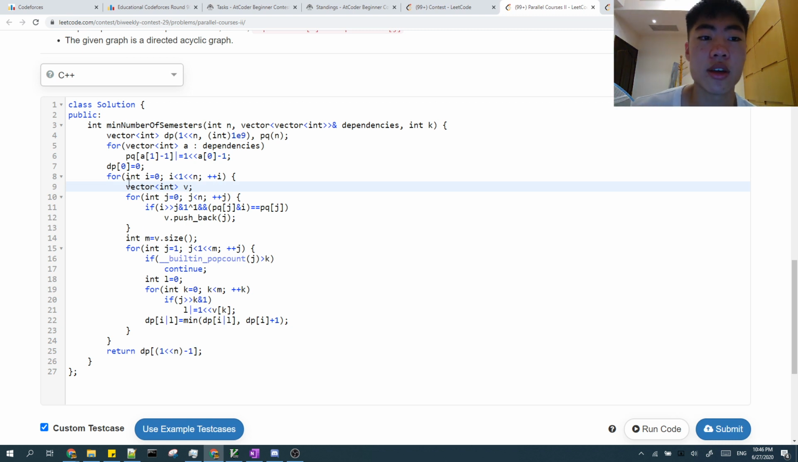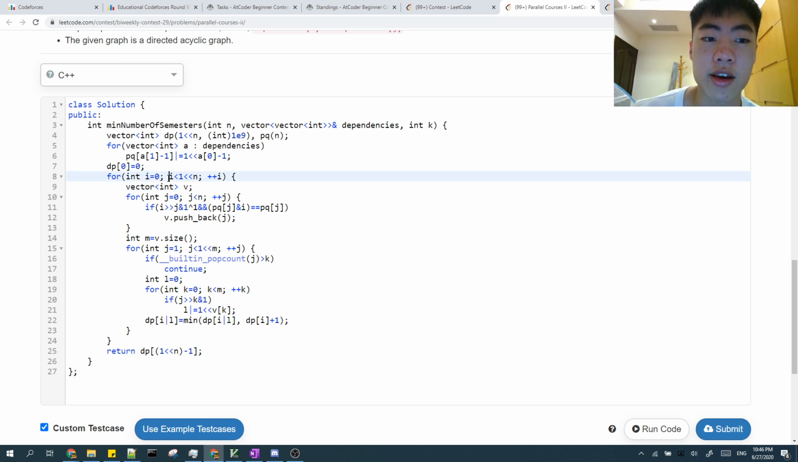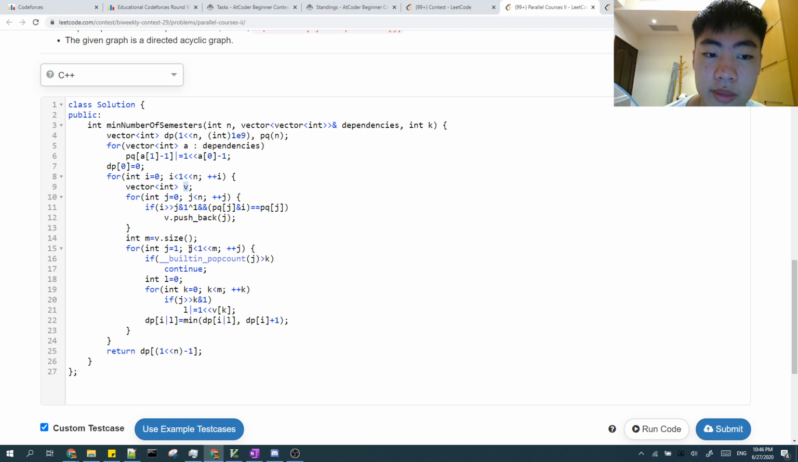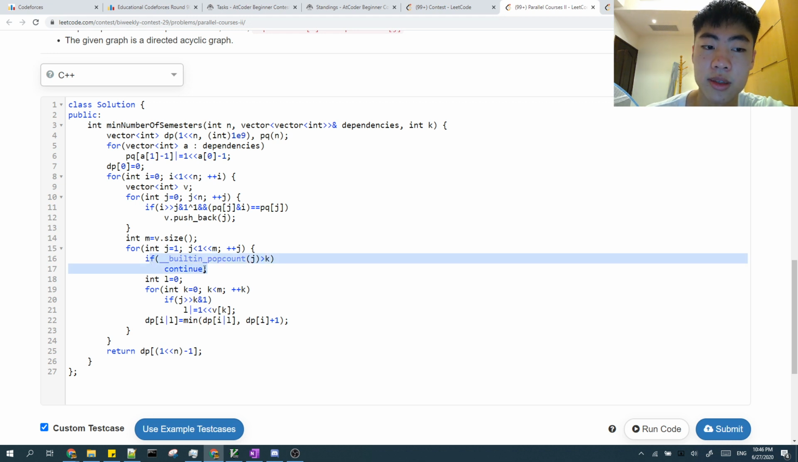basically starting from each mask, you calculate. If you want to transition from dp[i], first you need to find which courses you're allowed to take within that semester. You can do this by just iterating through all the courses and putting them in a vector. And then you iterate through all subsets of the courses that you can take. And if the subset is too big, then you just ignore the subset. Otherwise,